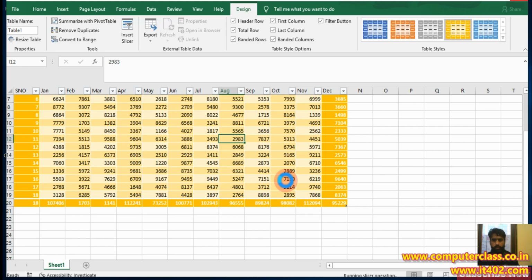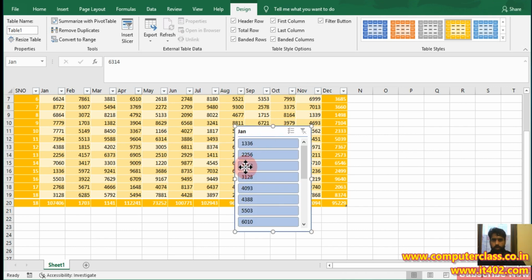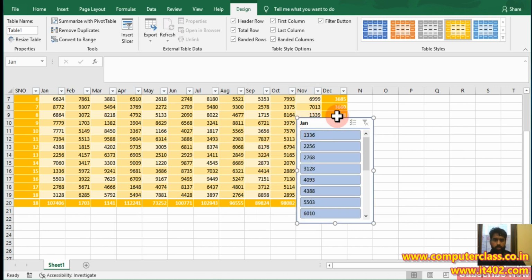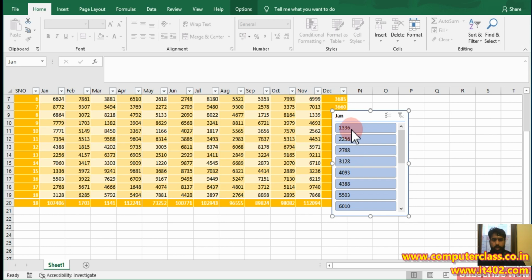I want to insert one more column so that we can easily see the use of slicers in this particular data. So just wait. Now the slicer option is there on your screen. First I want to update one more column in this sheet so that we can make this meaningful.